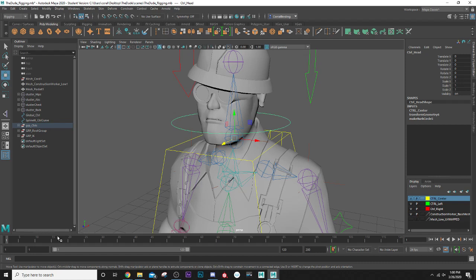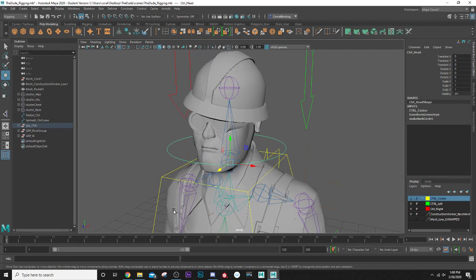So to be able to see what the problem is and then see if what we're working on actually is helping or hurting the current model we're working with, we're going to need to create some animation so we can then apply the weights and then decide if what we're doing is working. So to start with, I'm going to select this control here and on frame 1, I'll press S, which will add a keyframe to my control here. So on frame 1, you can see there's now a red line and all the channel boxes are red. So now what I'm going to do is on frame 20, I'm going to rotate it one way